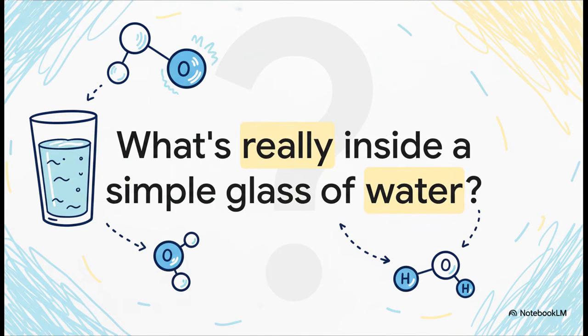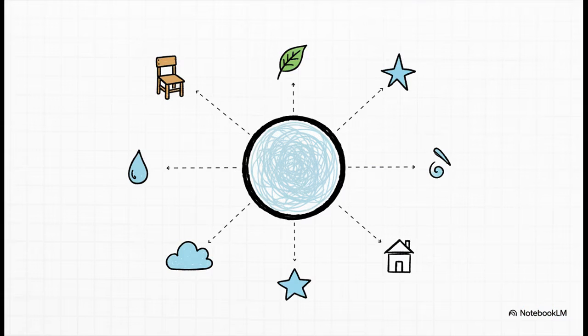So let's kick things off with something super familiar, a simple glass of water. But let's really think about it. If you could zoom in, and I mean way, way in, further than any microscope could ever take you, what would you actually see in there? You know, deep down, at the very core of it all, you would find this, the atom. Think of it like the ultimate Lego brick. It's the basic, fundamental piece that builds every single thing in the universe.